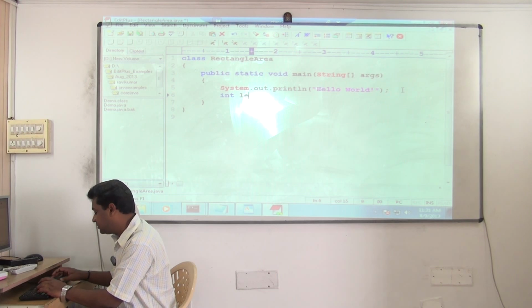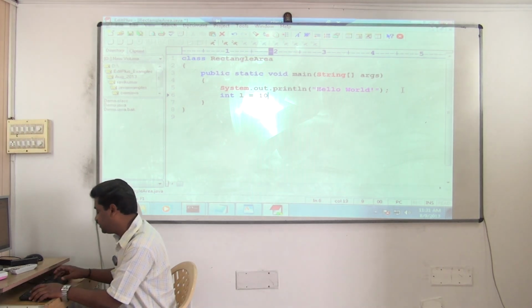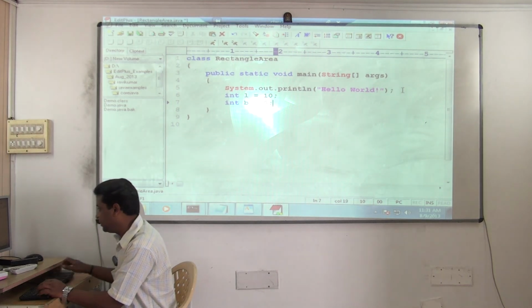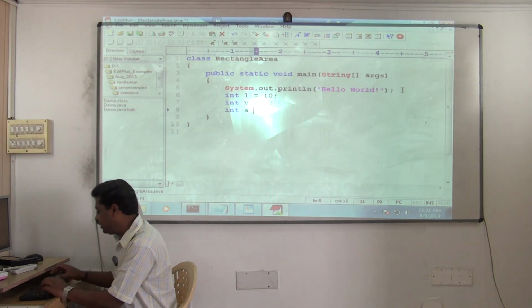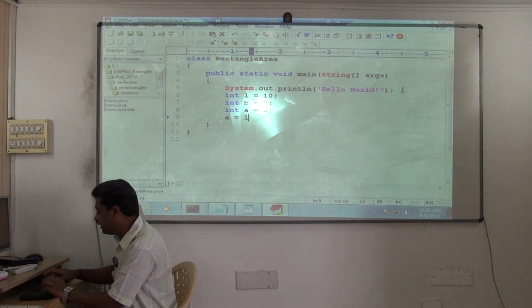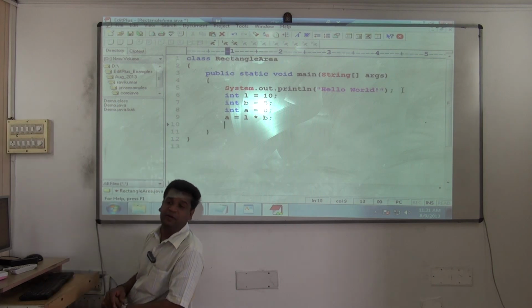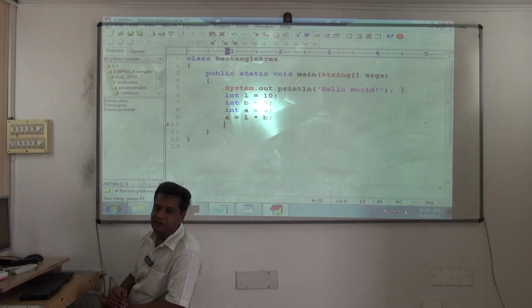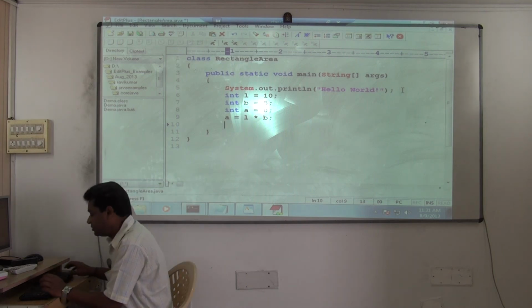So how will you write? int length = 10. This is the value I gave, no? Then int breadth = 5. Then you can say int area = 0. Later on you can do A = L * B. Multiplication you know how to do? Star, into B. These are all characters given to you by the language. That's what we are going to learn now: what all characters you can use in Java programming. So then you can print